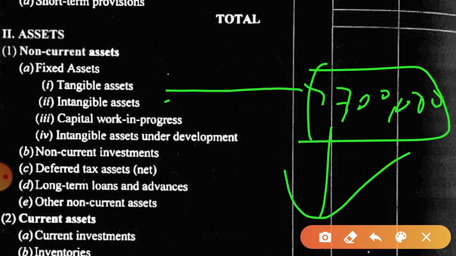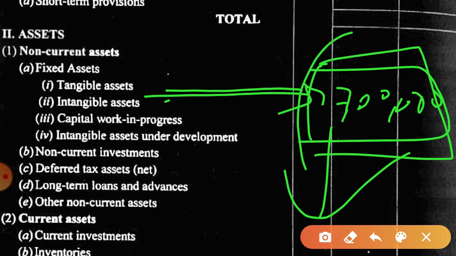Is this clear? In horizontal format, you used to write land and building and then machinery, and in front of the items you used to write the money. Now here all the intangible assets total will be written, and this explanation will be given in notes to account. So you see the format properly in your textbook. Is this clear? It is given clearly in your book. I am just explaining those points, and this chapter is related to presentation only.